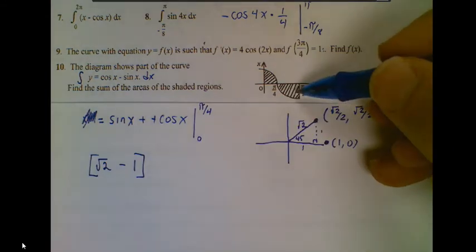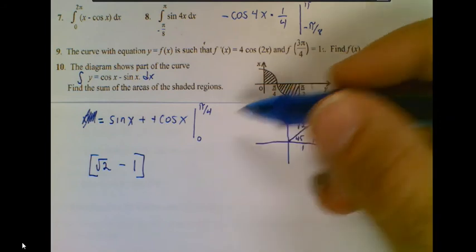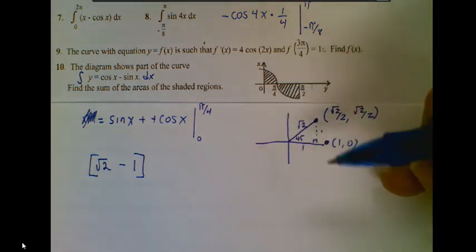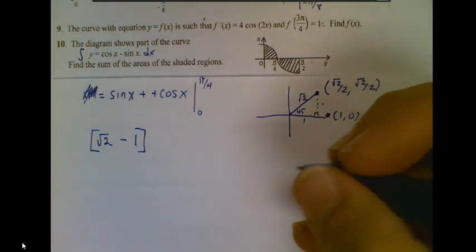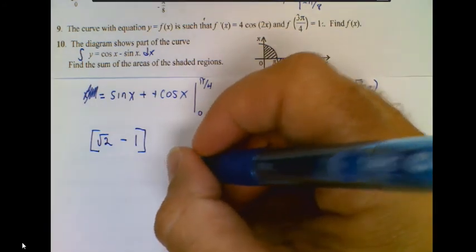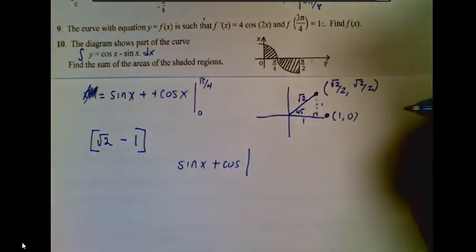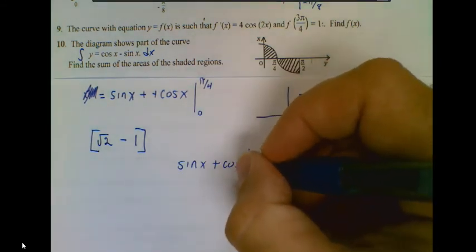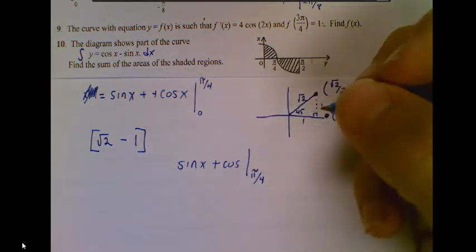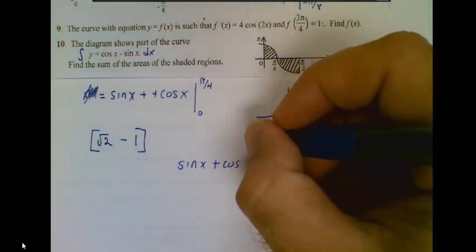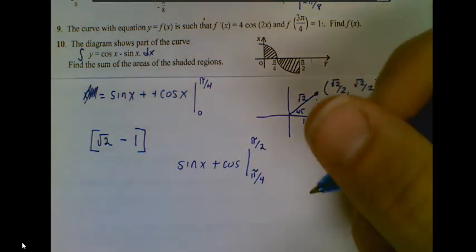I now need to find the area of this guy right here. So I have the same integral, but now I need to evaluate it from here to here. So slide that up a little bit. So now I'm doing sine plus cosine from pi fourths to pi halves. So if we plug those in,